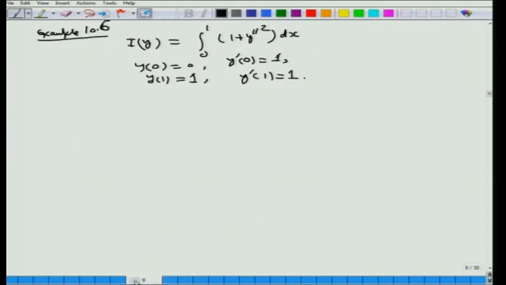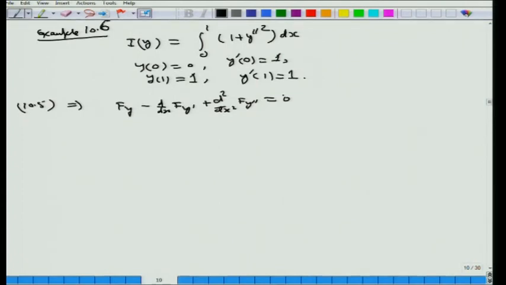So, this 10.5, that is the Euler-Poisson equation, implies in this case f y minus d by dx of f y prime plus d 2 by dx 2 of f y double prime, because here n equal to 2. So, we get that, and here since f of x, y, y prime, y double prime is 1 plus y double prime square here, and so we get